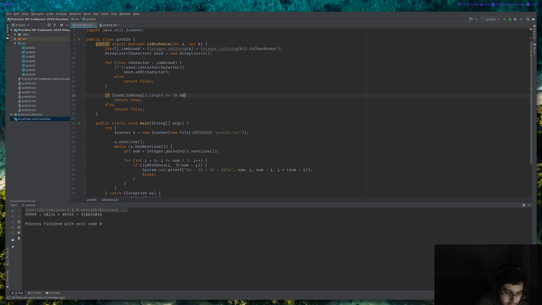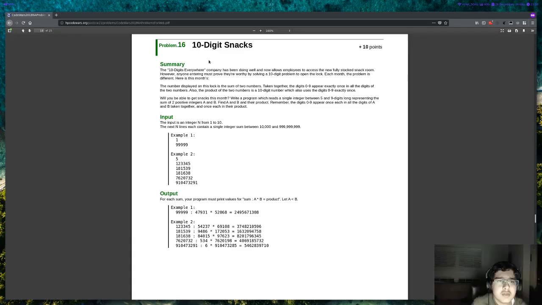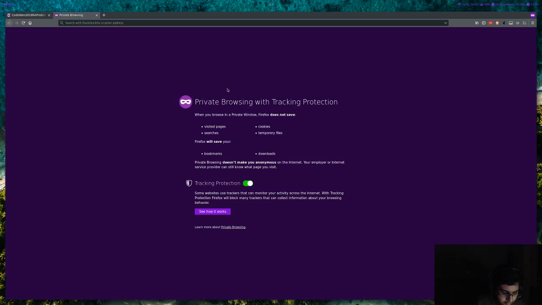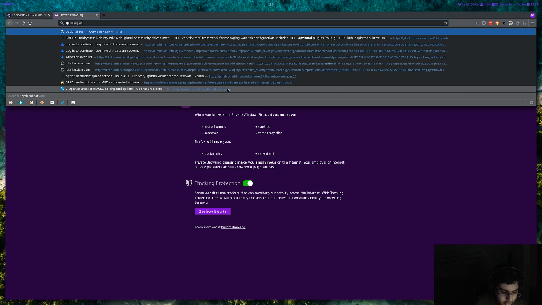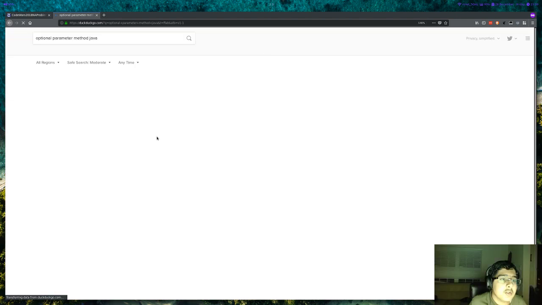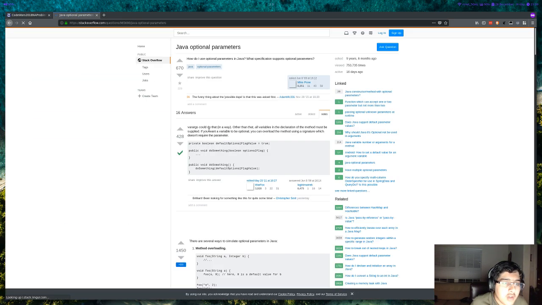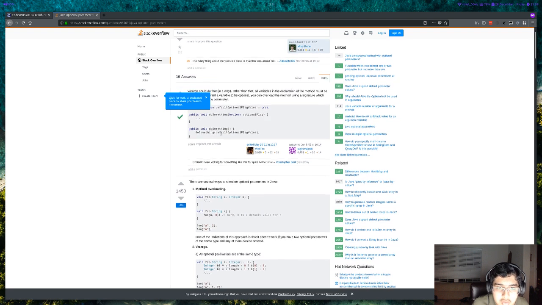And you know what we can do is we can make b equal to 0 by default, right? Does that work in Java? That doesn't work. Optional parameter method in Java. So let's see, Java optional parameters, you can do,